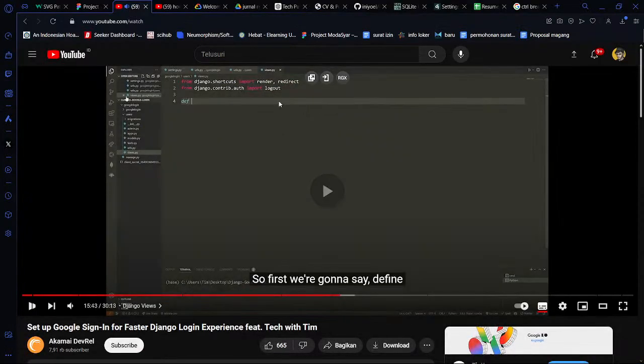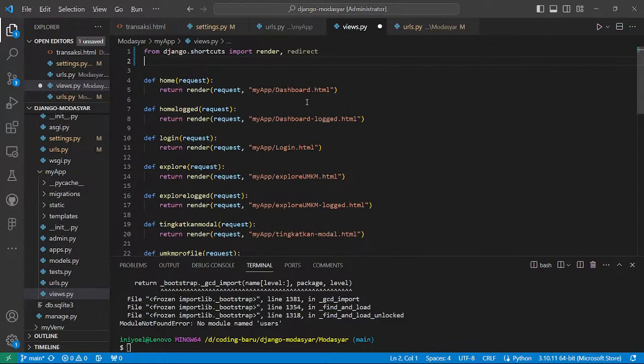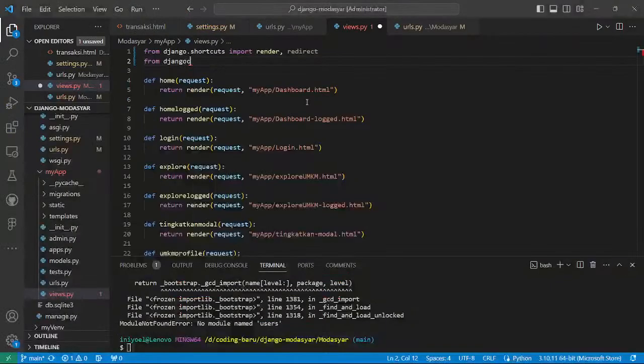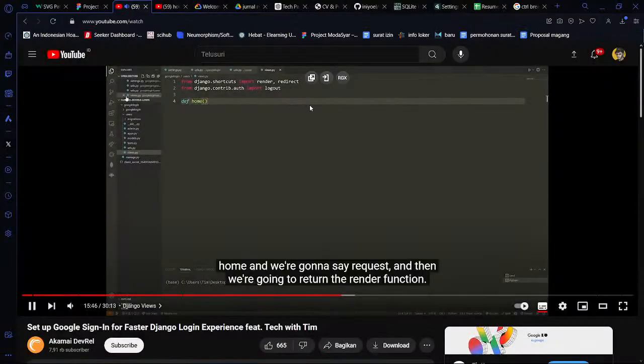So first we're going to say def home, and we're going to say request, and then we're going to return the render function. We're going to render